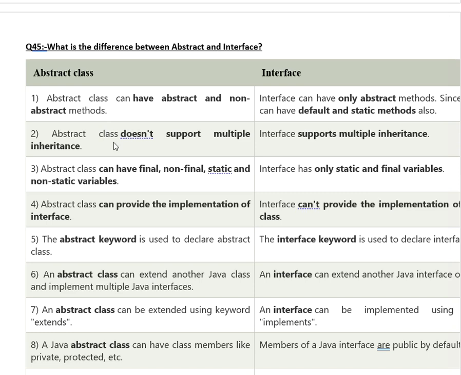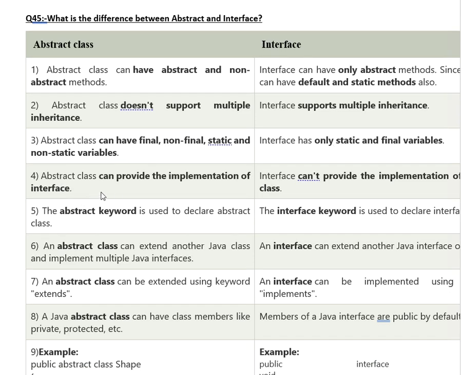The next difference is that an abstract class doesn't support multiple inheritance, but an interface supports multiple inheritance. An abstract class can have final, non-final, static, and non-static variables, but an interface has only static and final variables. Next difference is an abstract class can provide the implementation of the interface, but an interface can't provide the implementation